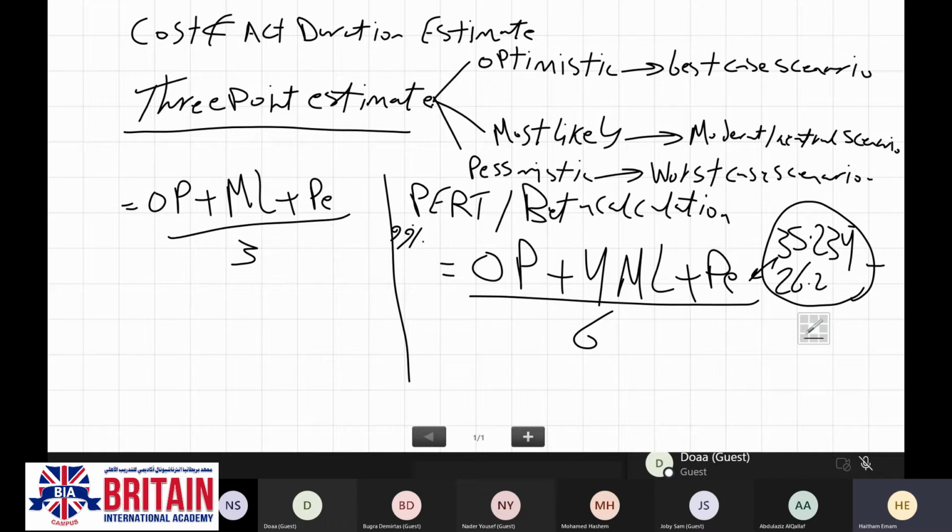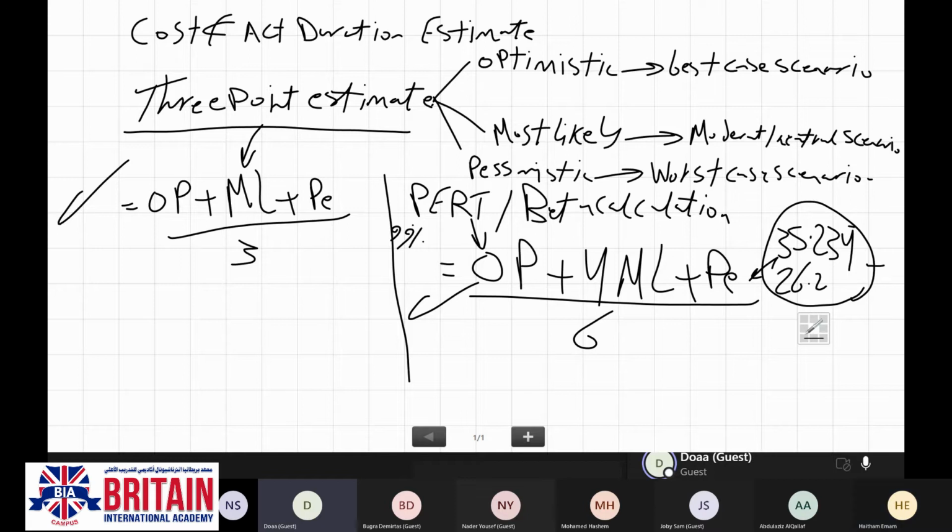So you need to pay attention whether you are asked to use the 3-point estimation or PERT or beta calculation. If you are asked to use the 3-point estimate, this will be the formula. And if you are asked to use the beta calculation, you use that formula.